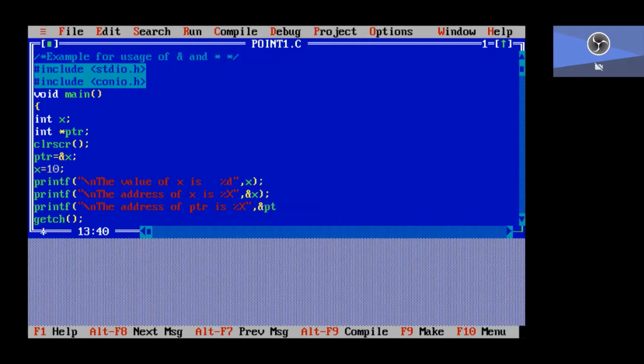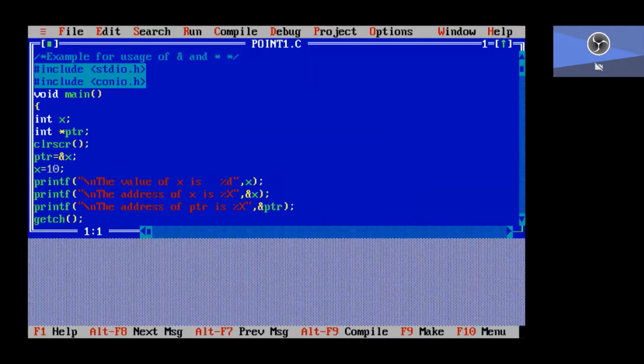If you want to know its address, I'm going to print the address of ptr. What is the ptr address? FFF2. And the address of x is FFF4.